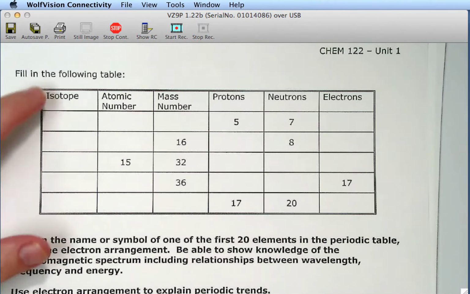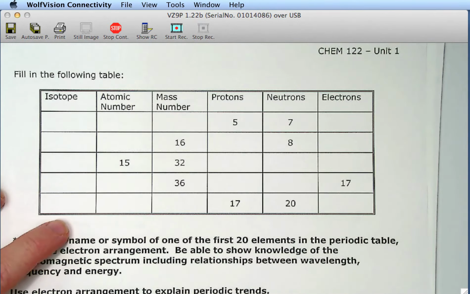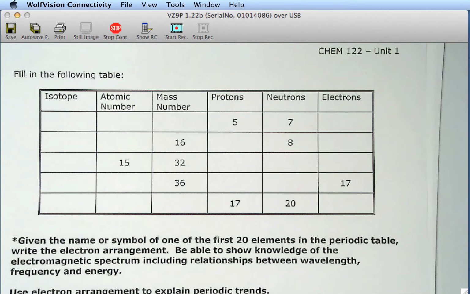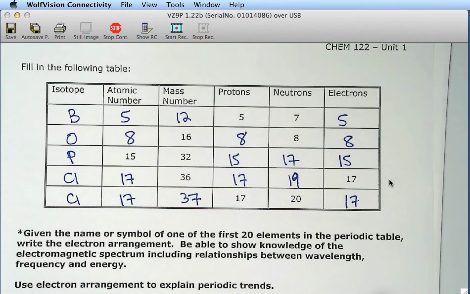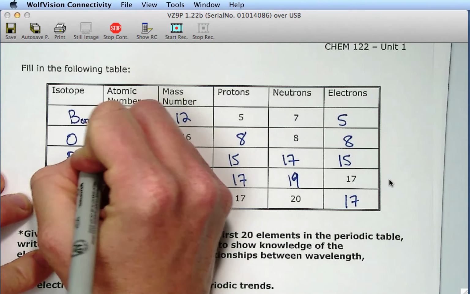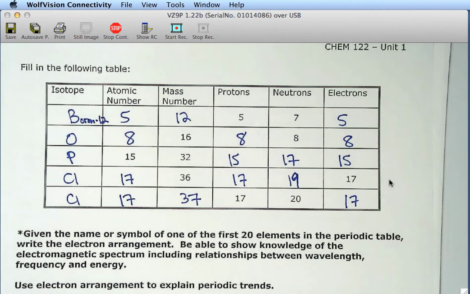All right, so I want you to fill in this table on page 26. It's pretty much the same thing you just did, but you're getting better at it because you've seen it a few times now. If you wanted to, you could have written out the element name and then the mass number after it, like boron 12. But I want you to know that when you see an element written like carbon 14, that second number is the mass number. But either you could have just put the element or written it out like they had, or you can even go like